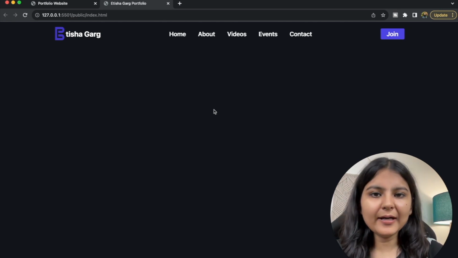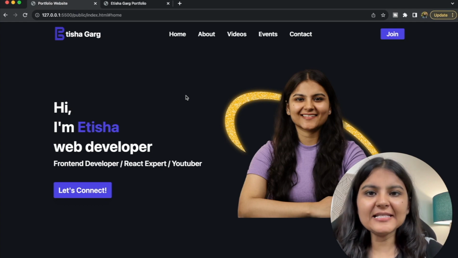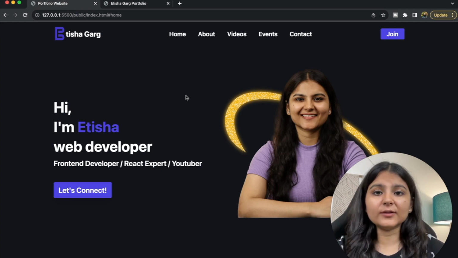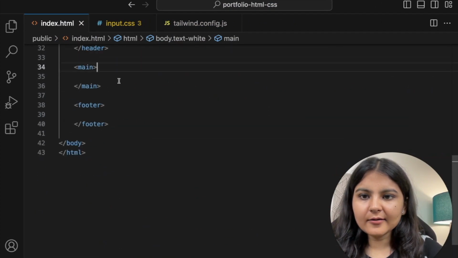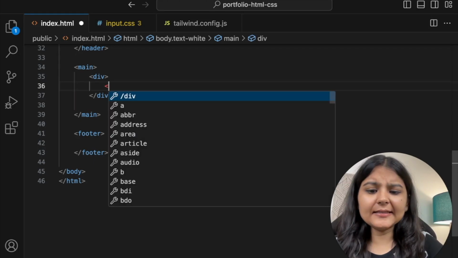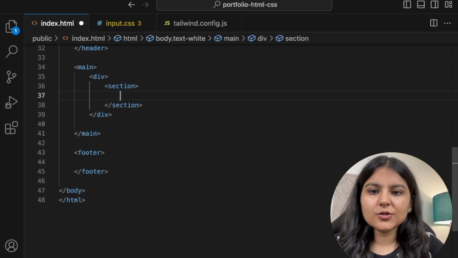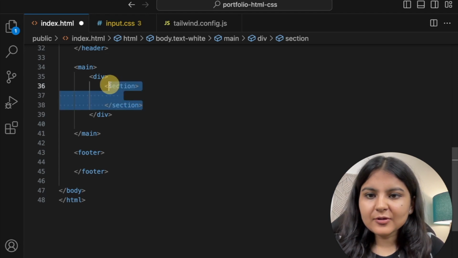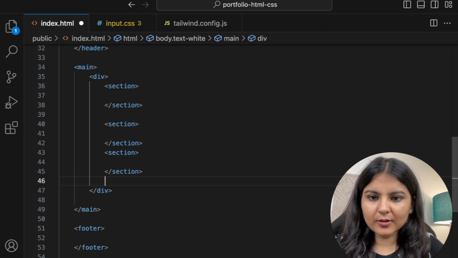Okay, so we are done building the navigation bar. Now it's time to create the main section. Within the main section, we are first going to work on this home section that we have. So what I'm going to do here is go within the main section and create a div. Inside this, the first section that I'm going to create is of home. First let me just copy this and paste it 4 more times